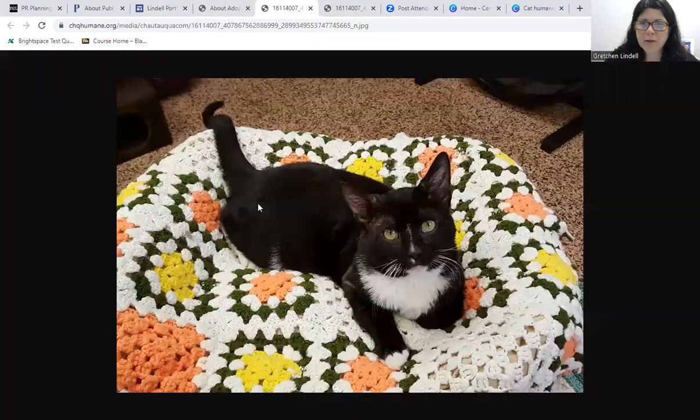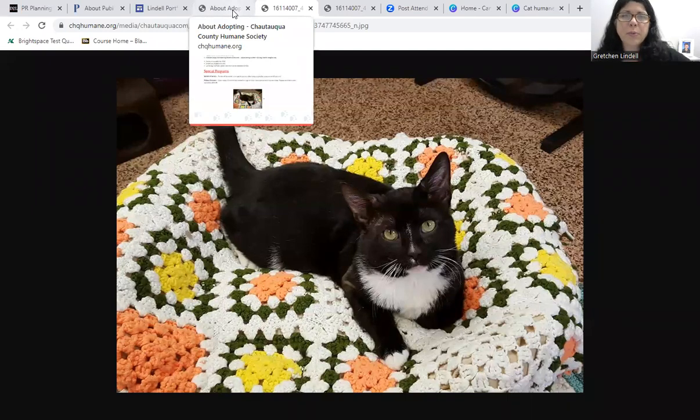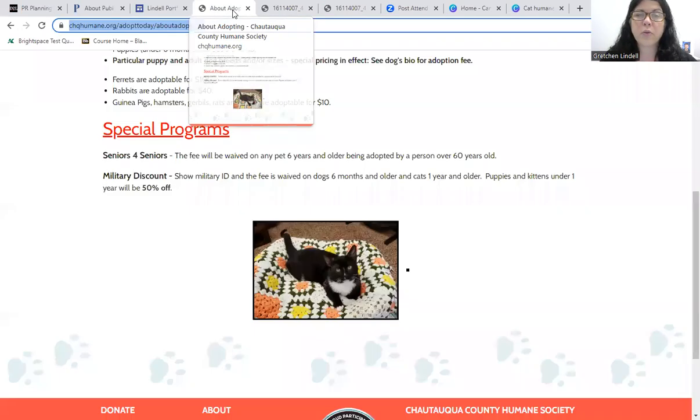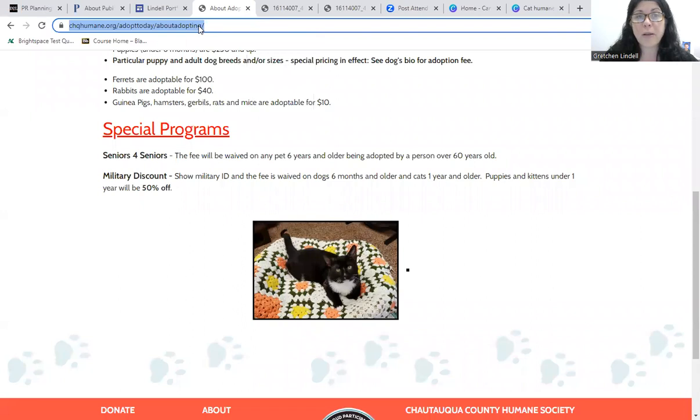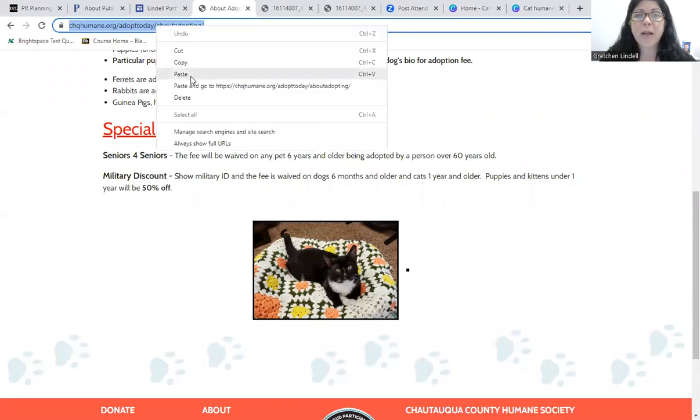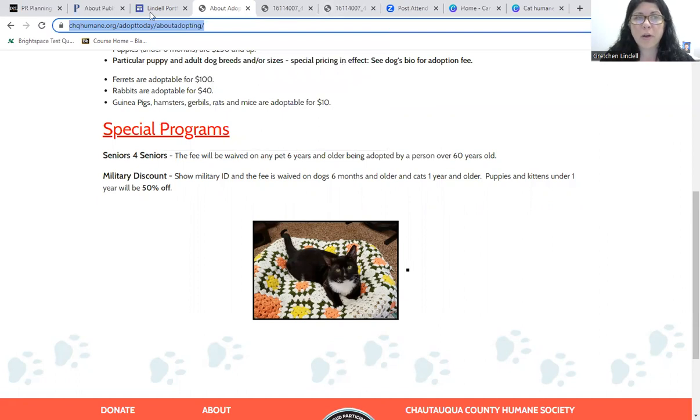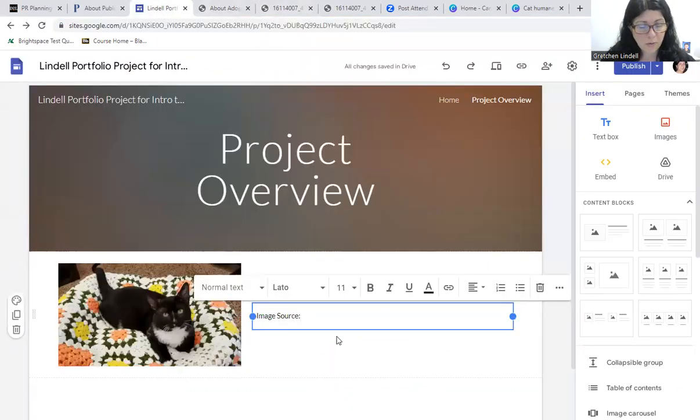You can make a direct link to the actual image itself. But for the sake of this project, I'm going to go to one of the actual content pages of the Humane Society, because I think that gives the user a better idea of where this content is coming from. So I'm going to go ahead and paste that right into there